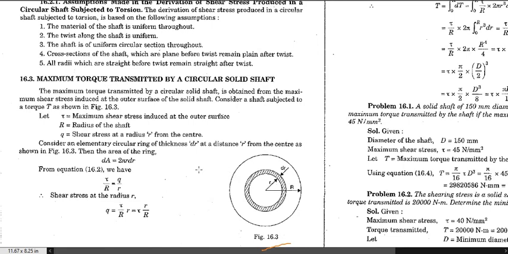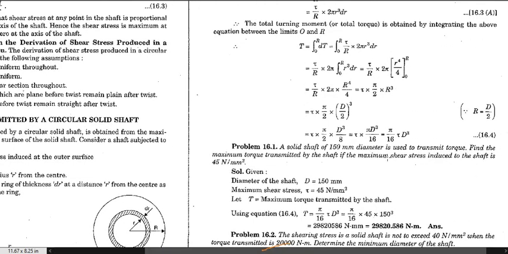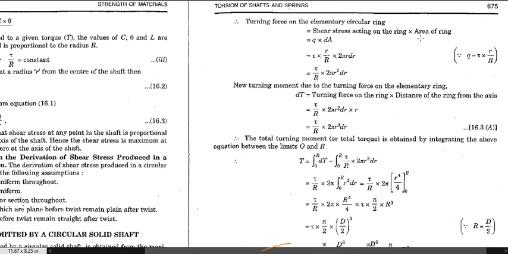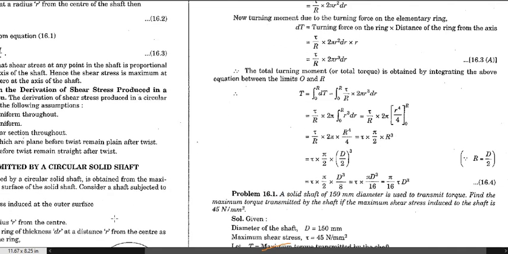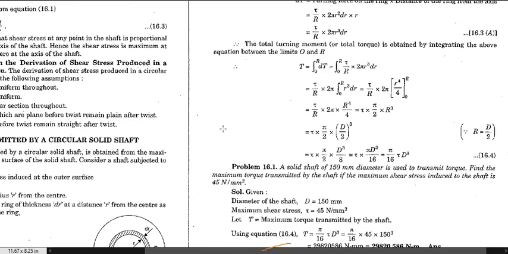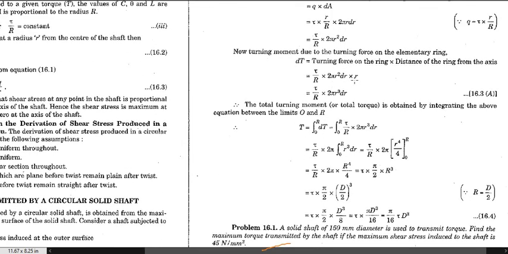At first we will use this equation. From that equation we can easily calculate the stress being applied on this ring. If we know the stress applied on that part and multiply it by its area, then force is stress into area. That is the turning force applied on that part of the ring, and if we multiply it by the distance of the ring from the axis, which is this distance r, then you will easily get the value of the torque. So that is the turning moment, the moment due to the turning, and we will use this equation.